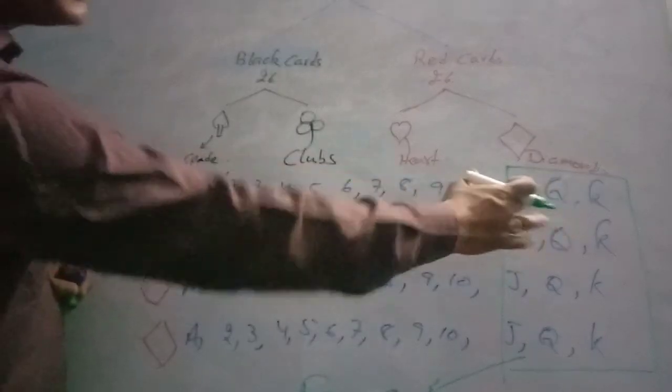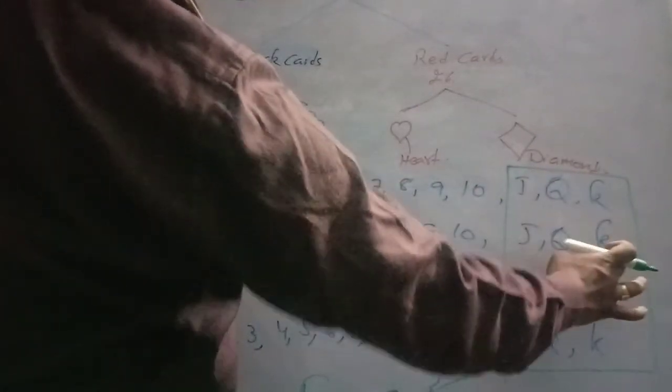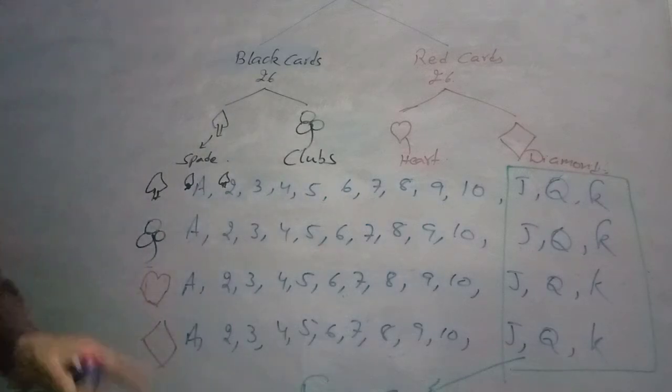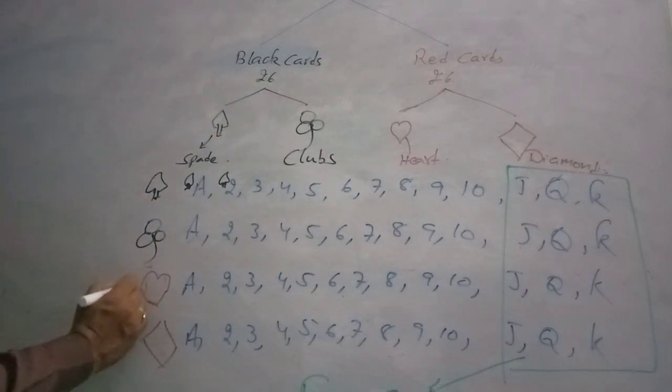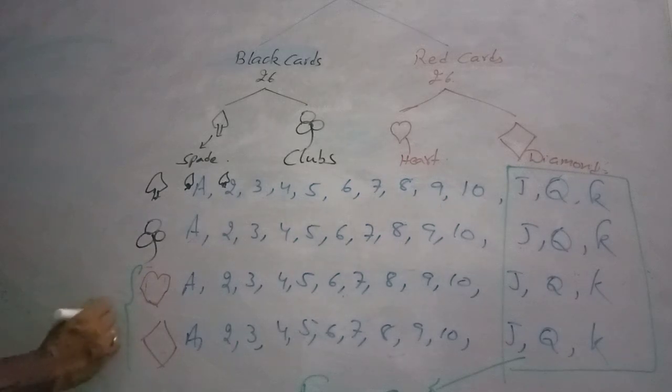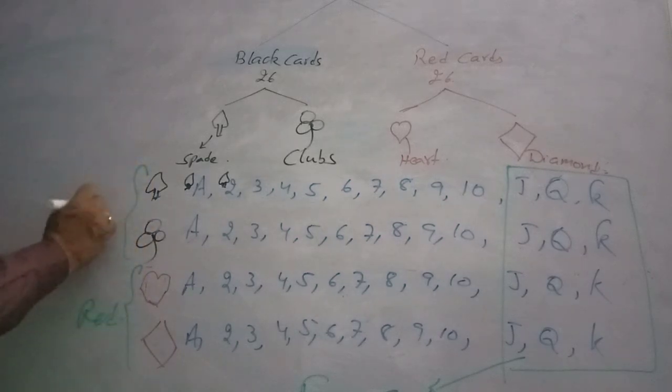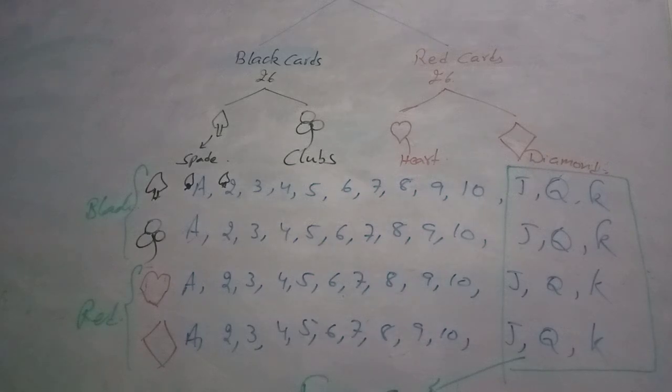How many face cards are there? There are 3, 3 is 6, 3 is 9, 3 is 12. Red face cards means those that are red in color. These are generally red color. These are black color. According to this, we will get some questions based on cards sums. So according to the question, we have to give the answer, right?